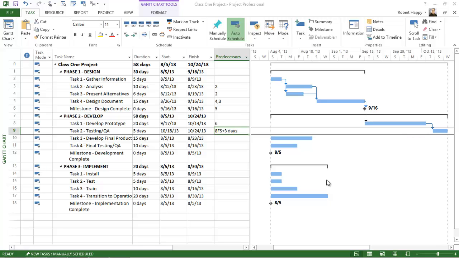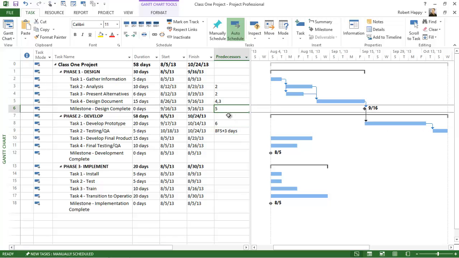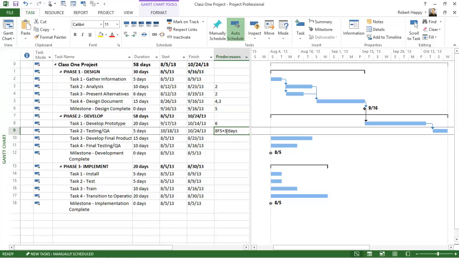Let's explore some other techniques for setting dependencies in Microsoft Project. We've already talked about using the link tool, which you can find under the Task tab. We've talked about being able to type directly into the predecessor column, including, by the way, you can type in lag here as well. For example, if I type in